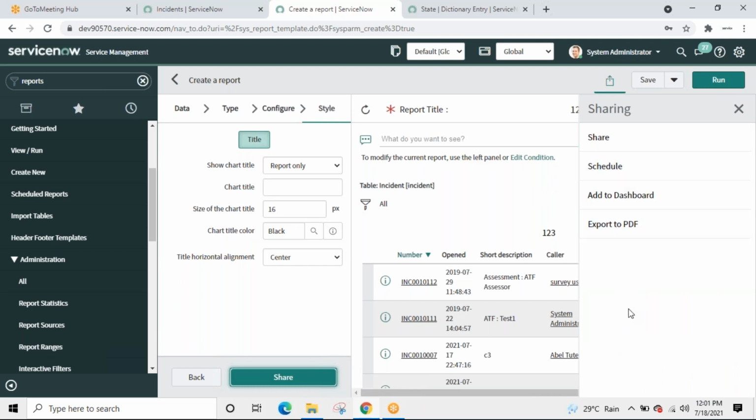I saw once an option called publish. Don't know if in Quebec the people removed it or what. With publish, we can have a URL. We can share that URL with any user. Any user with that URL can access the report. Okay. Let's see. I'll show you from the old system. If it is there or not there, I'll show you what the difference is.